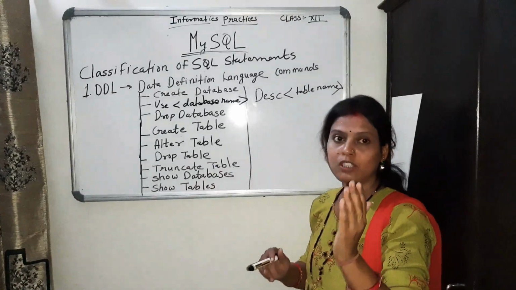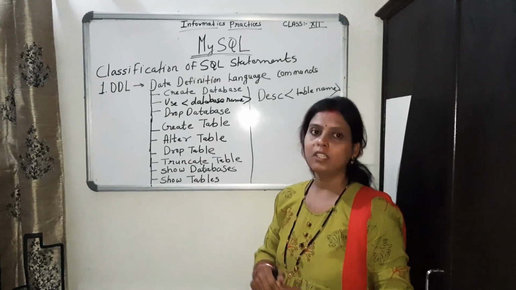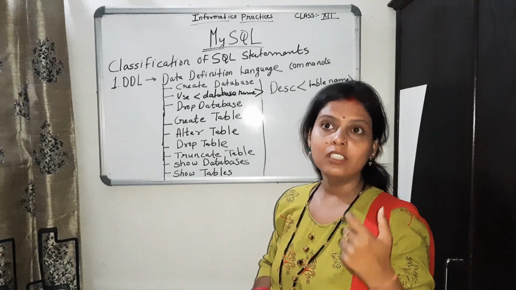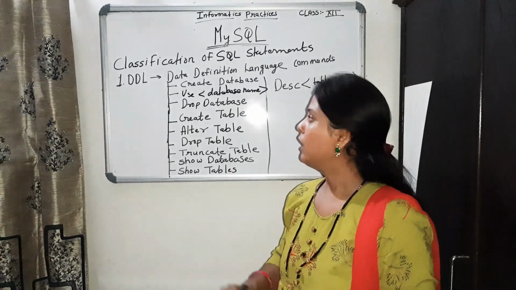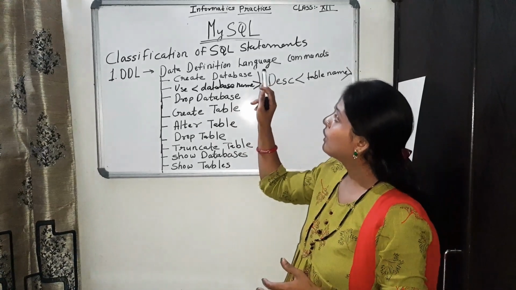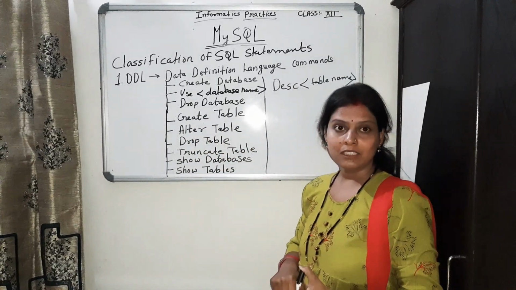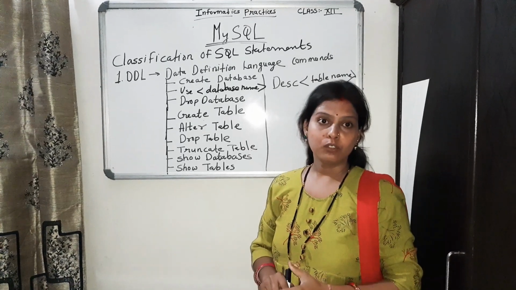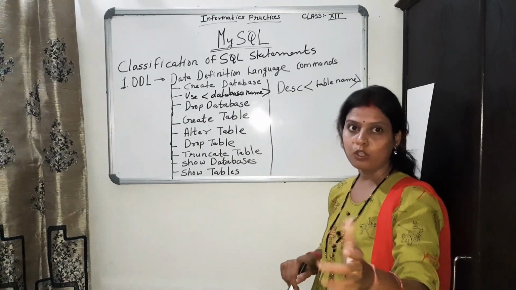Now after successfully creating a database, which keyword do you use to enter a database? You have to use the use keyword. Along with the use keyword, you have to mention the database name that you earlier created with the create database command. Now use database name, this is a user defined name that we entered in the create database command. Now drop database. After creating a database, if you don't want that particular database, then which keyword do you have to use? You have to use the drop command. Drop database, here the user defined database name that you want to delete.